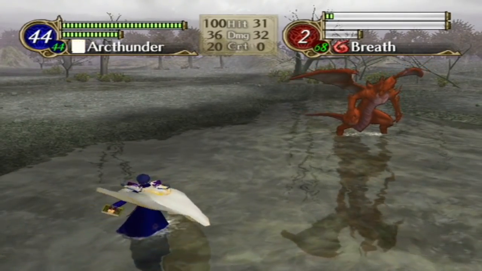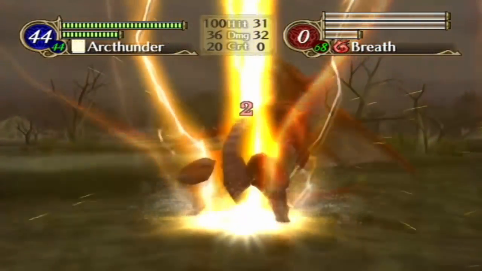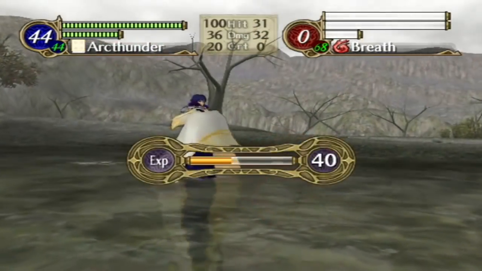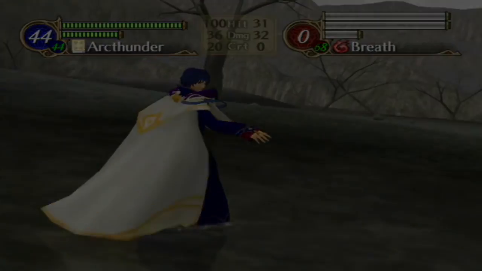Yeah, even with effectiveness bonus, Thunder Magic doesn't really do all that much to dragons, comparatively speaking. 36 damage and doubling would be great against most things, but dragons tend to have around 70 plus HP, so...